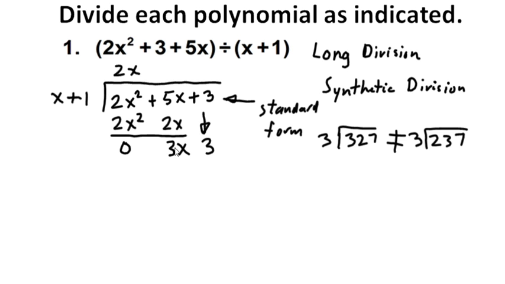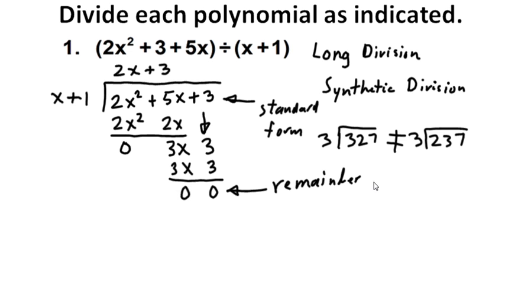And then how many times does x go into 3x? 3x divided by x is 3. And 3 times x is 3x. And then 3 times 1 is 3. And then we subtract: 3x minus 3x, 0, 3 minus 3, 0. So we say that our remainder is 0. And what that means, since our remainder is 0, we know that this binomial here, x plus 1,